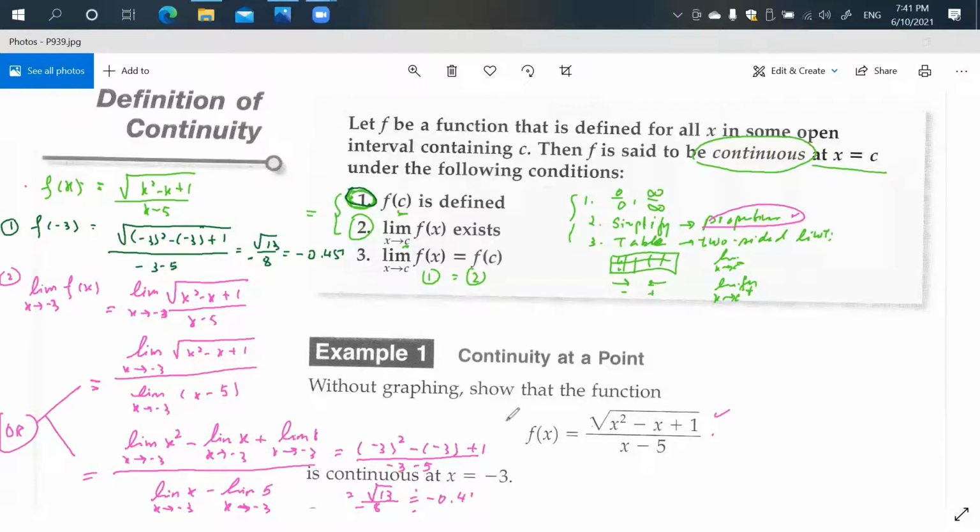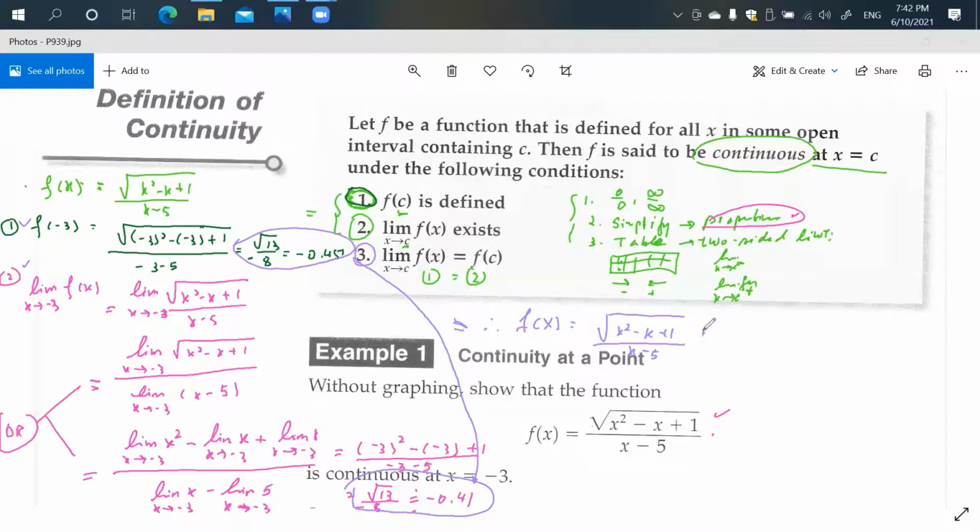Okay, when you see this one is the same, right? When you do the second one, you get the same answer as with the first condition here, right? So when you have 1 and 2 equal, correct? This and this equal, then you can conclude. Step 3 is you write down that condition 1 equals condition 2. Then finally, you can say the function f of x, square root of x squared minus x plus 1 over x minus 5,